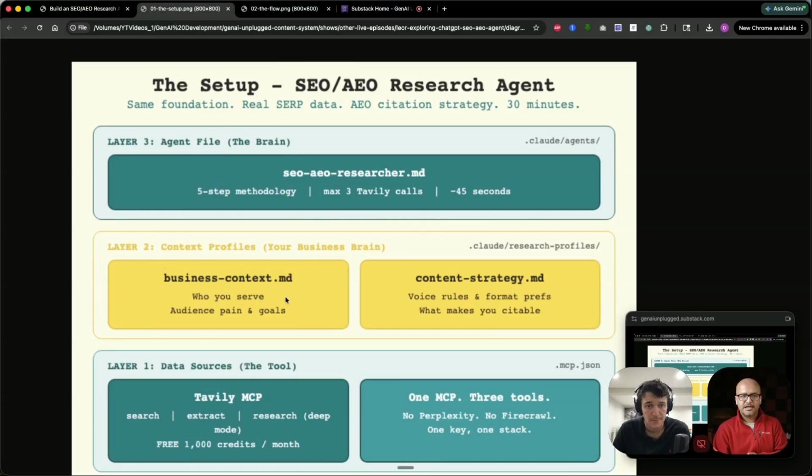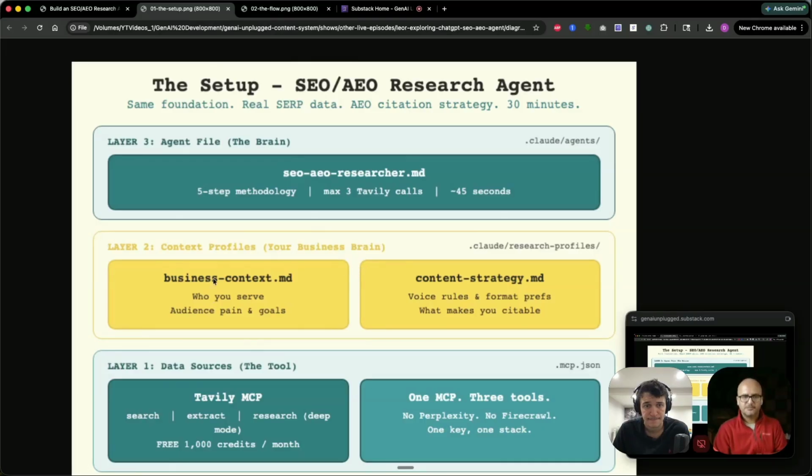Context profiles is basically the main layer that would make AI your AI, right? That would basically emit the signals that you emit out as a person. Otherwise, it would be very generic. So this layer is very important again. So this is our business brain. That's what I call it. That's my business brain.